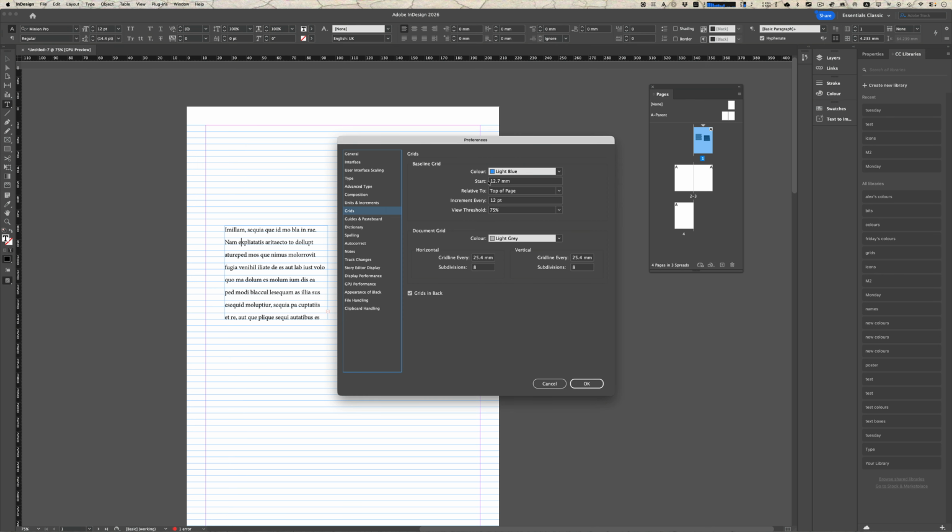We have the color, here's the start, and I've set the margins to the default, which is 12.7mm, and that's where the start is here as well, which is correct. And relative to top of page, yes, although I can do top margin if I wanted to. And increment every, and this is the issue. The increment every means every line in the baseline grid is 12 point, but the leading is 14.4, so it doesn't fit. So if I change this to